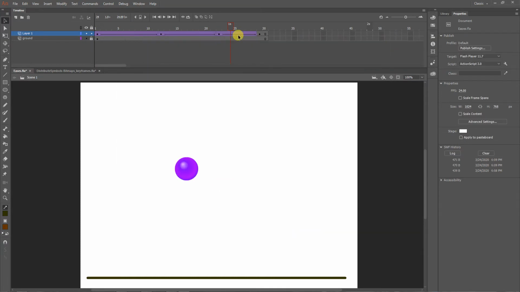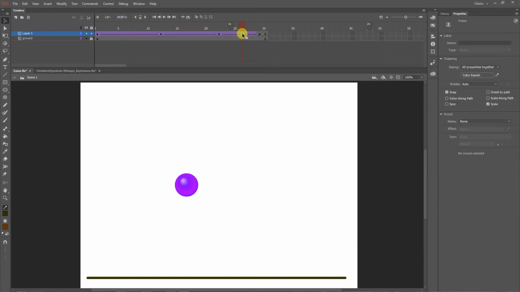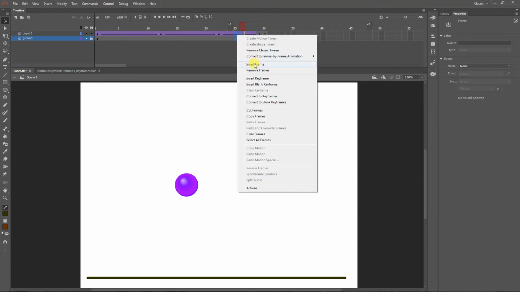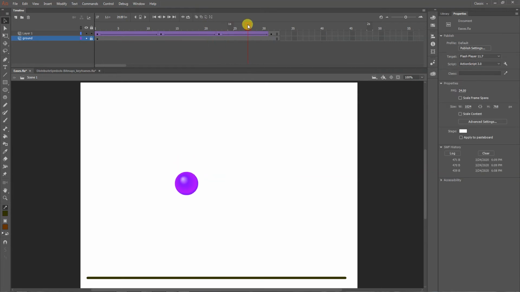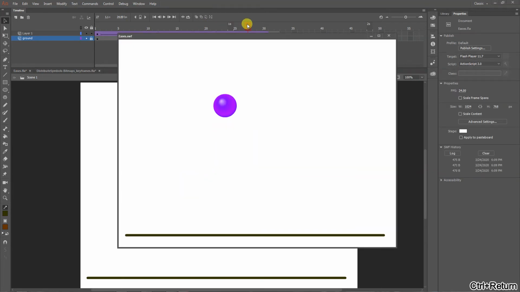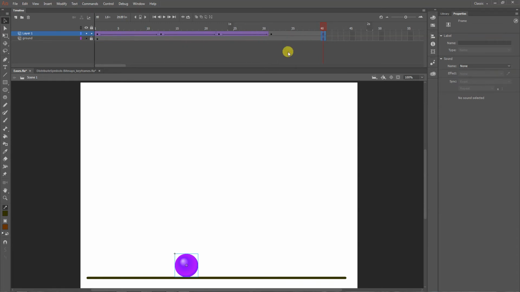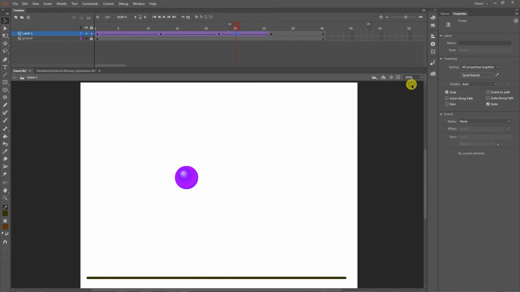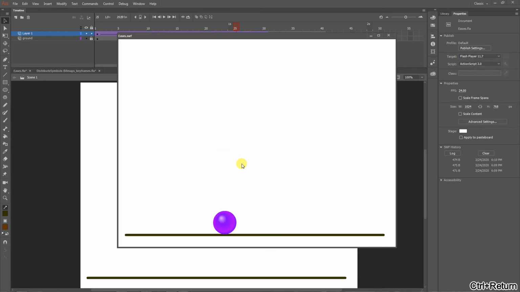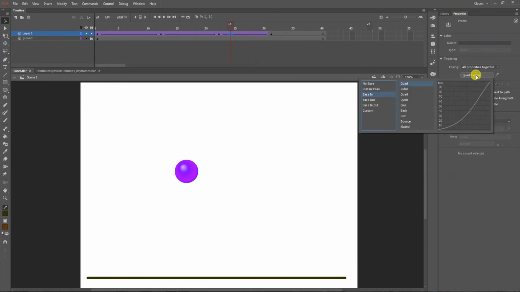Ooh, no. So I need a couple more frames. So I drag select both layers and then I right click and I say insert frame. And that gives me a couple more frames. So one of the things that we have to do is we have to make sure we're extending both layers. And we need to make sure we give ourselves enough time. If you're going to have all this easing in and easing out, you need enough time in here. But I'm thinking even quadratic one might be enough. Nope. That looks like a lead balloon compared to what was going on before it.